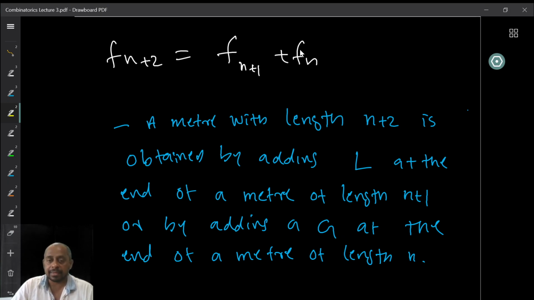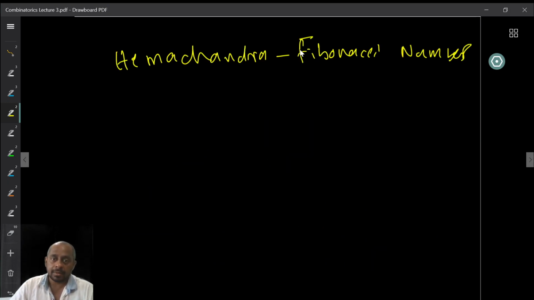We only have the reference given by Hemachandra, who talks about some other mathematicians who did discover this formula. But we still give the credit to Hemachandra because we don't have the original manuscript. Okay, anyway, so these are called Hemachandra or Fibonacci numbers, and they occur several times in literature. I mean, in combinatorics, it occurs naturally in many places in